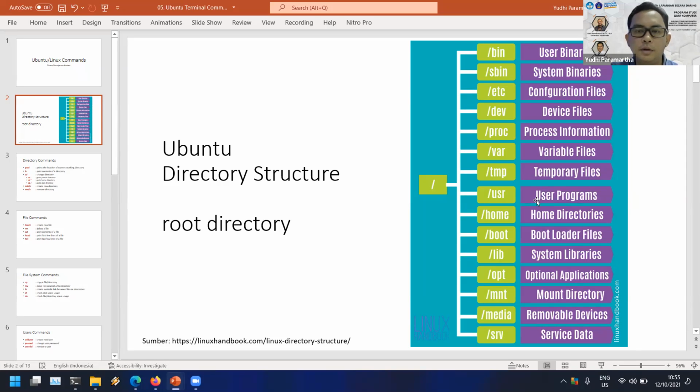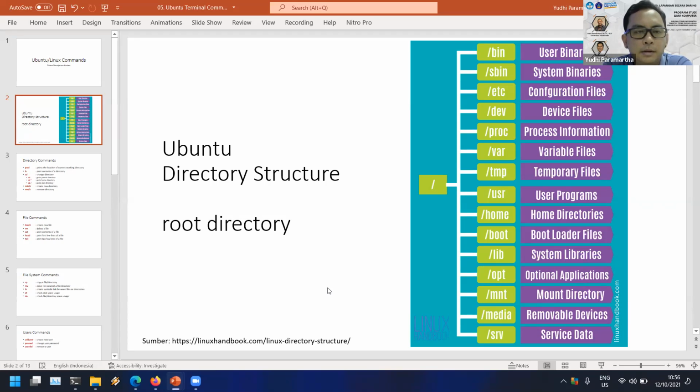The usr directory is for user programs; when you install your programs, they will usually be placed in usr. The home directory is like My Documents in Windows, so all of your files will be placed in the home directory. The boot directory is about the bootloader files, how you boot a computer, and then there are system libraries and optional applications. The mnt directory is the mount directory; for example, when you use a flash disk, it will be mounted in mnt.